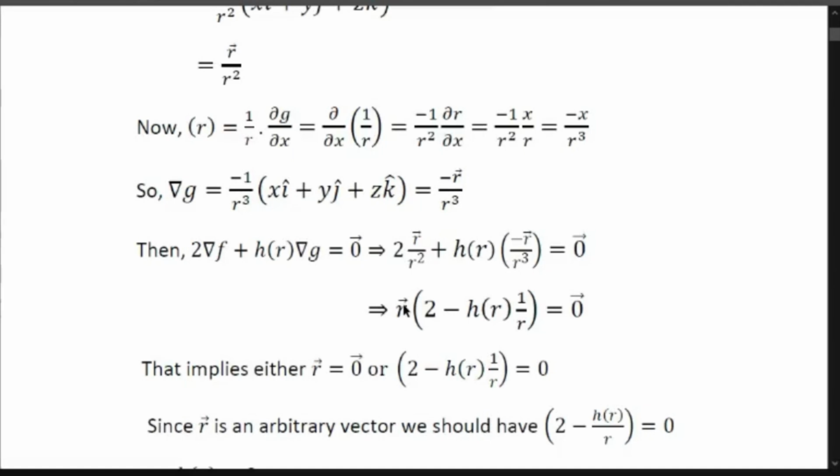So you can split it into vector and scalar. So it is r vector times the scalar 2 minus h of r times 1 by r. So you can take 1 by r square commonly out from both the terms, and then